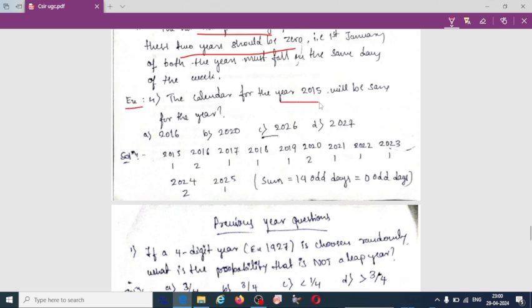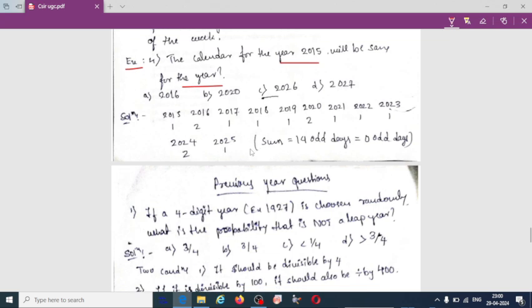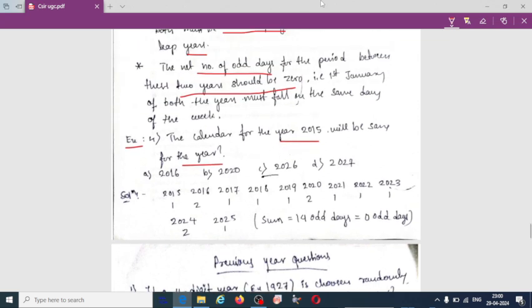The calendar for the year 2015 will be the same for which year? They have given 4 options here. So for 2015, you must first take the years and extract the number of odd days. 2015 is a non-leap year, so 1 odd day. 2016 has 2 odd days because it is a leap year. If you take each ordinary year, it consists of 1 odd day. So follow this cycle,